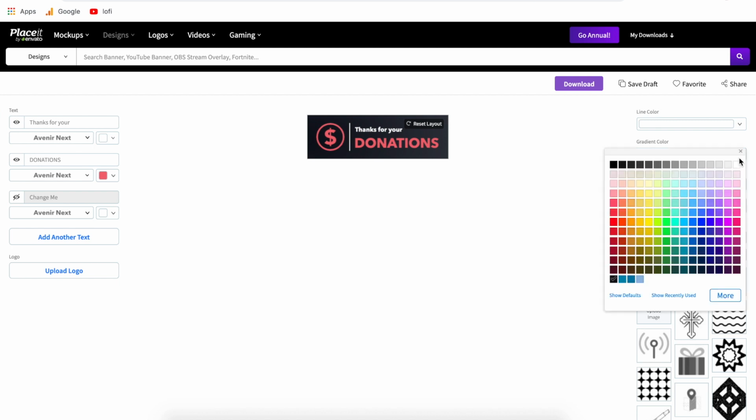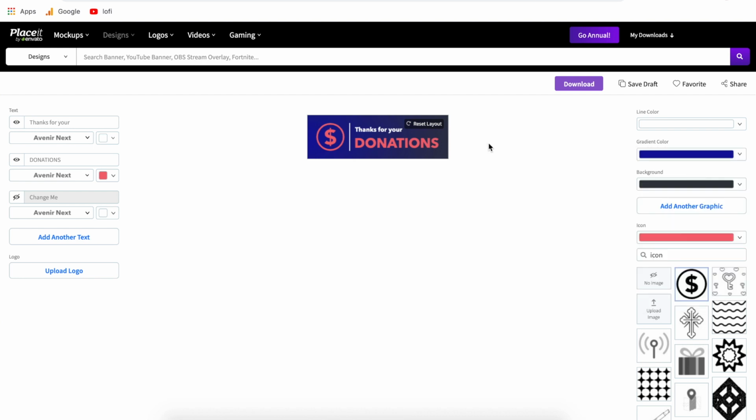colors. So if we want to customize that gradient, all we can do is change the color to anything we like, see how it looks, and if we want to go back, there's two ways to do that. One, we can either select the color we just came from, or you can hit the back button on your browser. Now, not many people know that you can hit the back button on your browser. There is no back button in this editor here on Placeit. So just know that if you do need to undo a change, just hit the back button on your internet